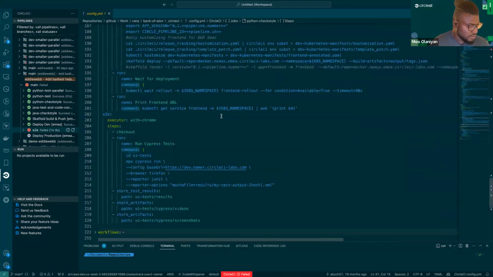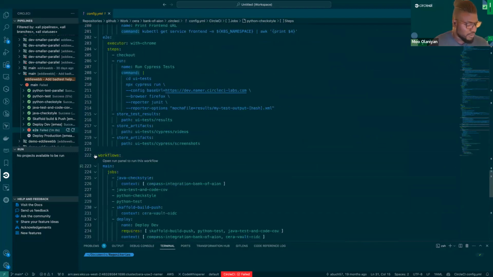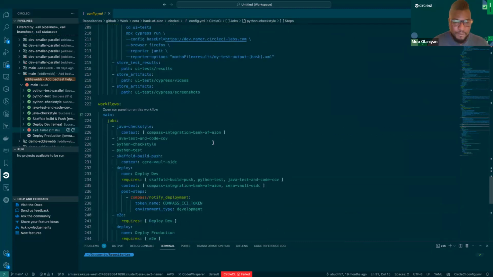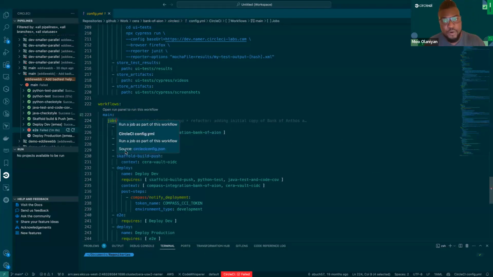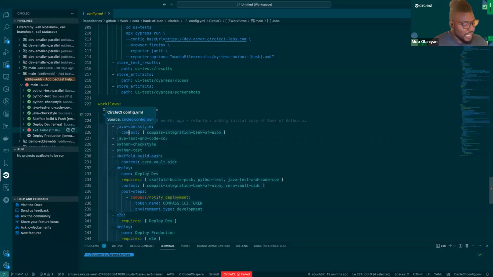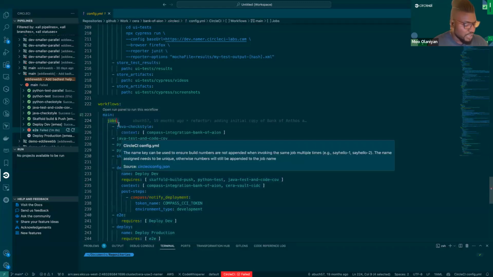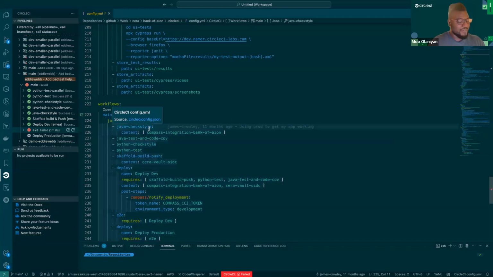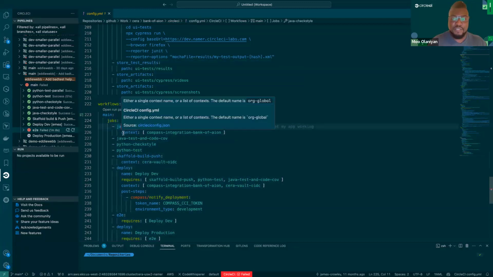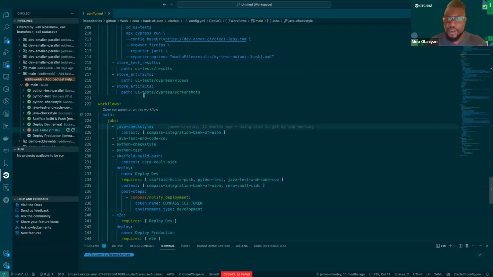And then last, we have our workflows, right? Now, if you remember, the workflows are the dependency matrix of the jobs that we've created. So you can see that the way we list them is we list the jobs, not even particularly in the order we want them to run in, but we can define things like dependencies, right? So we have this particular Java checkstyle job, which has no dependencies, right? And CircleCI by default is going to try to run things in parallel to optimize for speed. So the nice thing is you don't even have to tell it to do that.